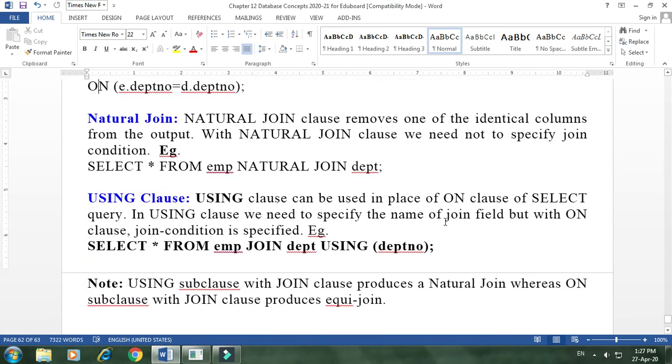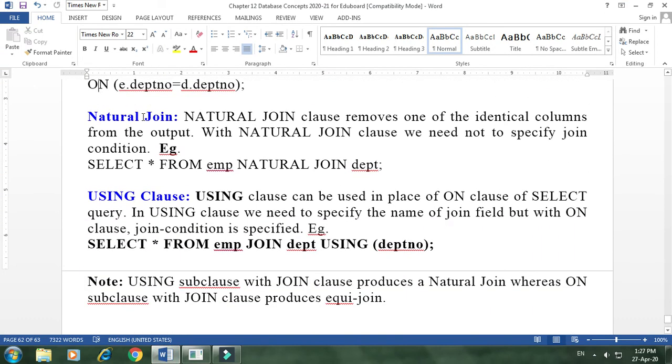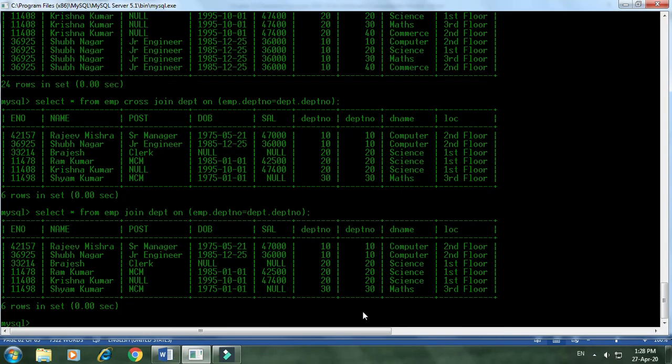Now coming to the natural join. For natural join, you just have to include one keyword called natural. Otherwise it is the same thing. Select star from emp natural join department. If you do the natural join, then out of the two identical columns, only one column appears. You can see here, in place of the cross join, we can write the natural join.